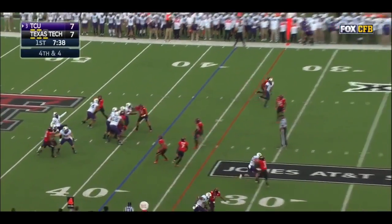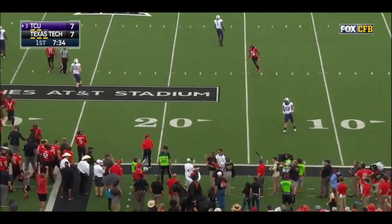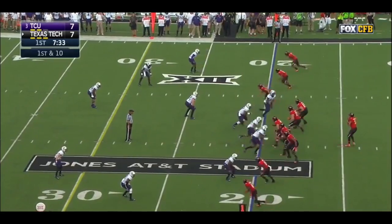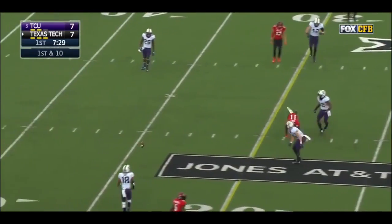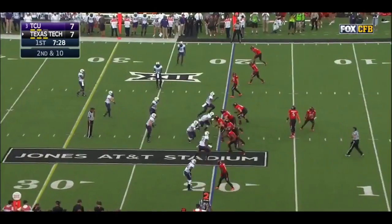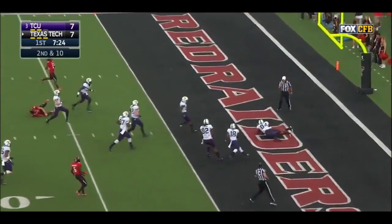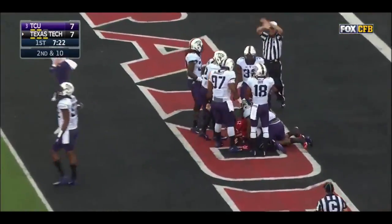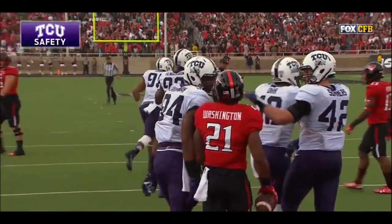And it's a quick kick for Boykin. Shanked it. On from the 20. Mahomes well protected. Off of the hands and incomplete. Having to cover an extra gap in the running game. And here's a snap that sails right by him into the end zone for a safety. Washington hustled back to fall on it, and TCU jumps in front